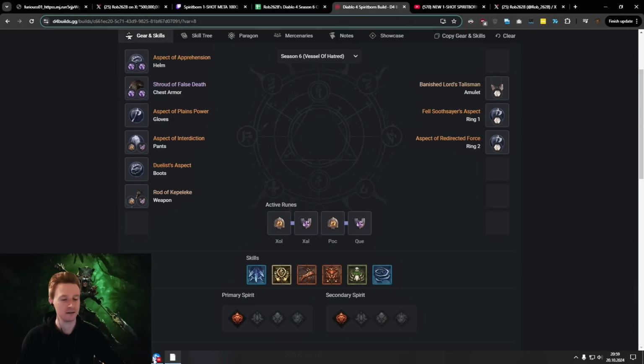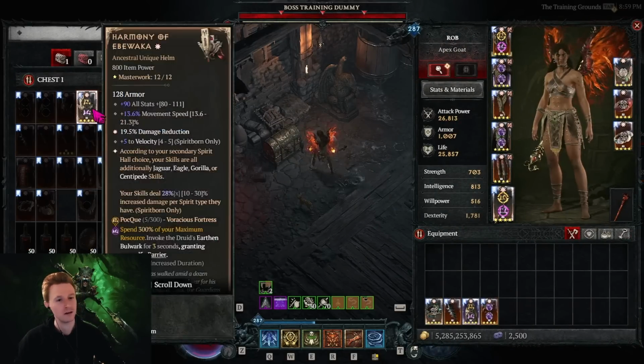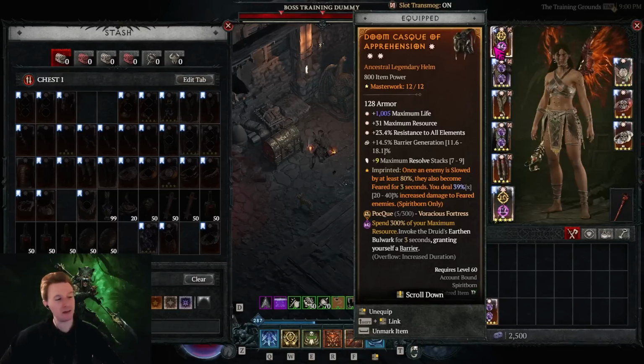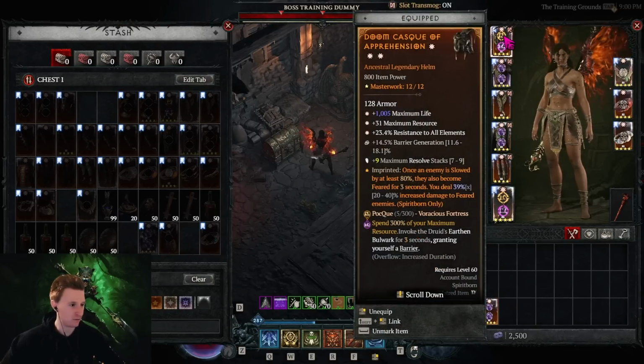Harmony of Ebewaka. So this is the helm. This is also a good alternative. Especially, I played this for quite some time. Early on, it's very good if you don't have tempers yet on your helm. However, the moment you have Resolve or Resilient Temper, Harmony is just simply less DPS than one of those helms, because